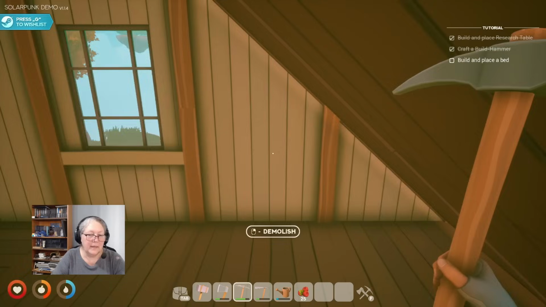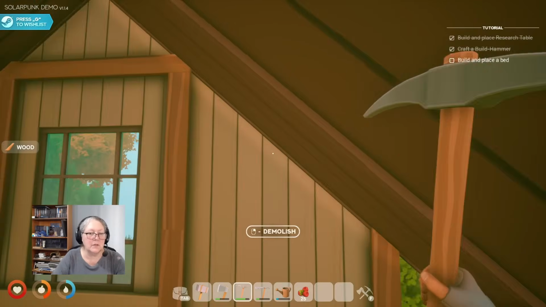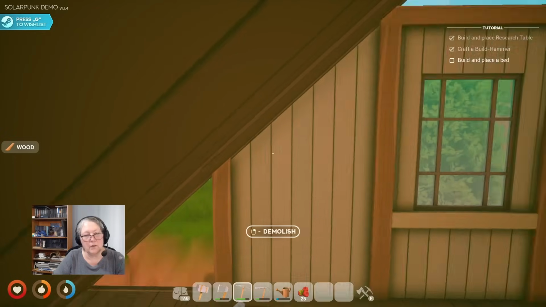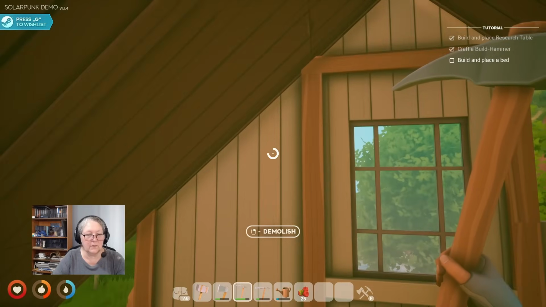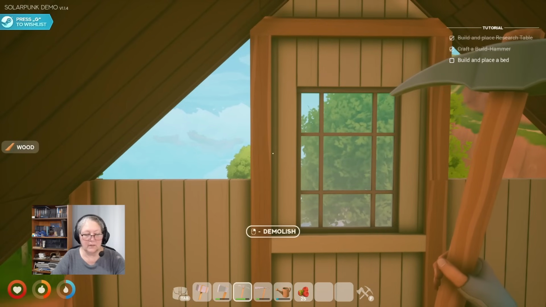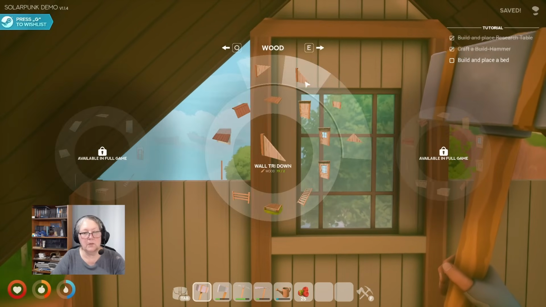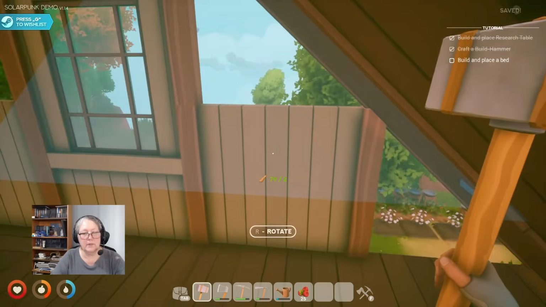Alright. Go over this way. Okay, so what I did was I used full half walls instead of proper triangle half walls, and it looked like it was right until I went outside. Alright, let's go with B. Open the build menu, open the wall menu, grab this one, right? And this should...